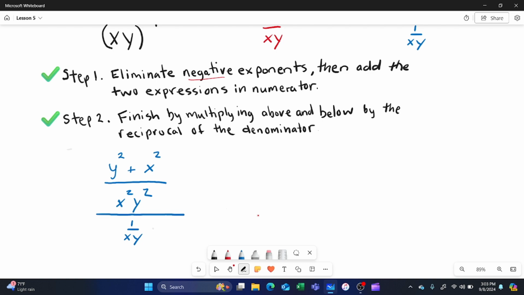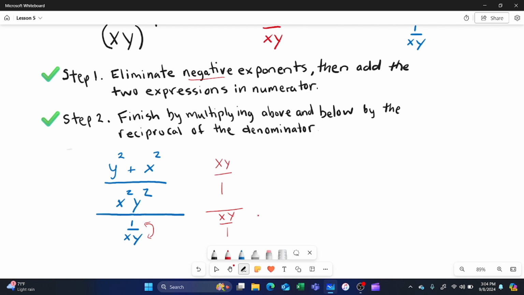What are we going to do? All right, we're going to finish by multiplying above and below by the reciprocal of the denominator. The reciprocal of the denominator is going to be this, flipped. Easy day. xy over 1. Right? And then xy